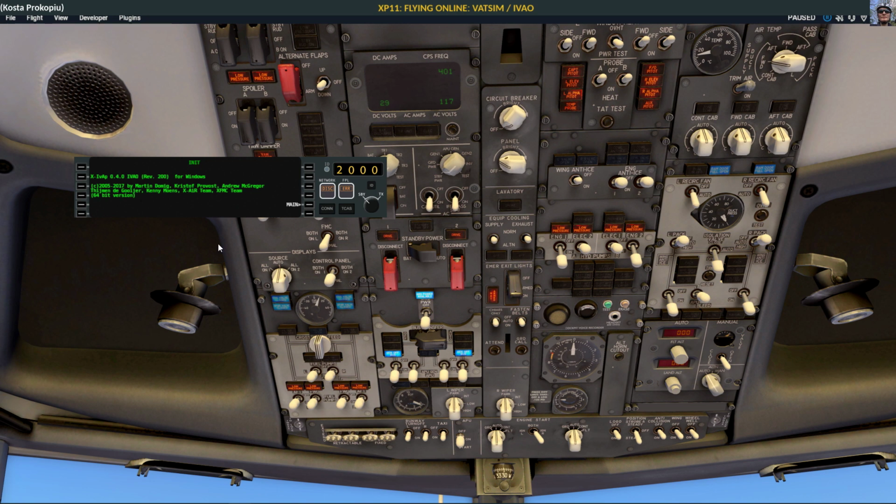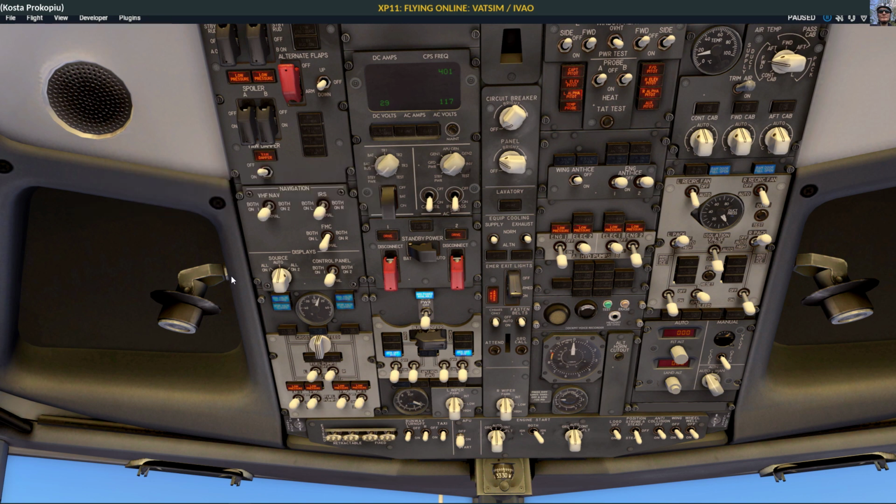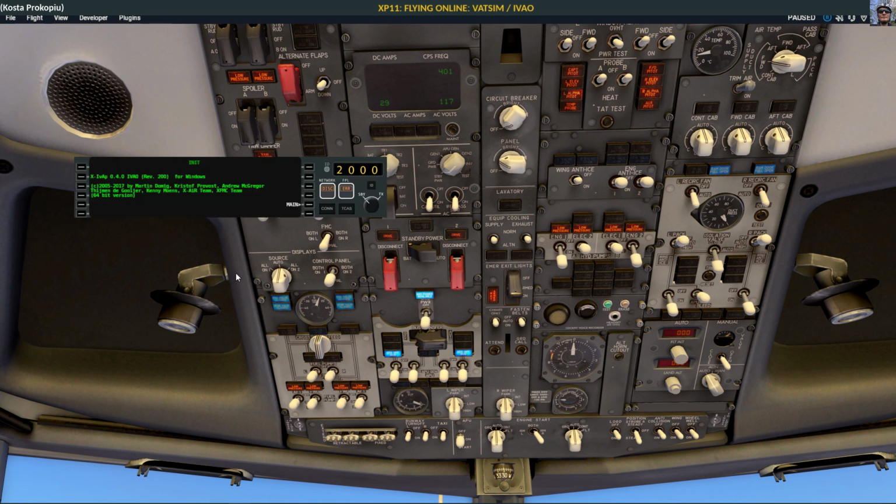So here's now the client. With the tab key, you can bring it in or out. And one of the first things we need to do is configure some things. So we go to preferences,